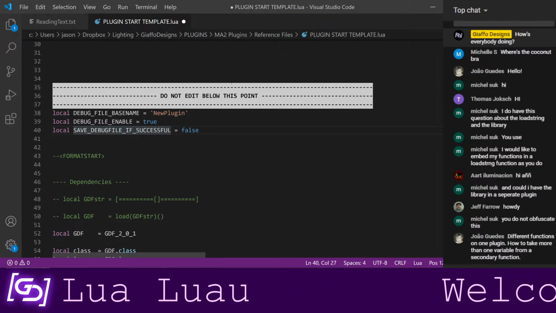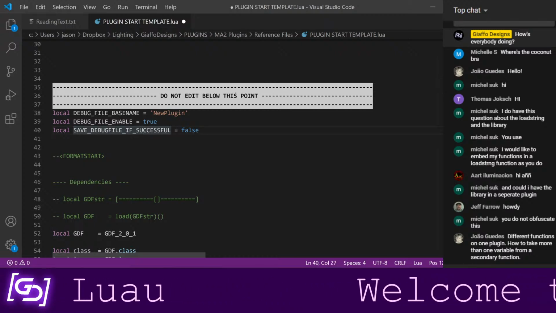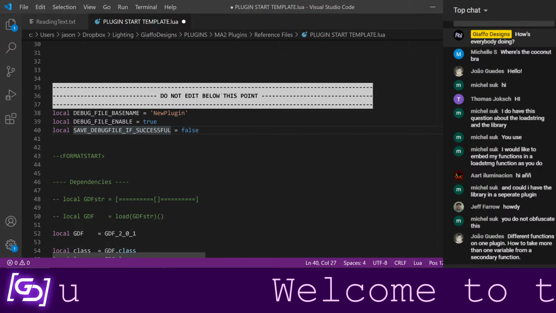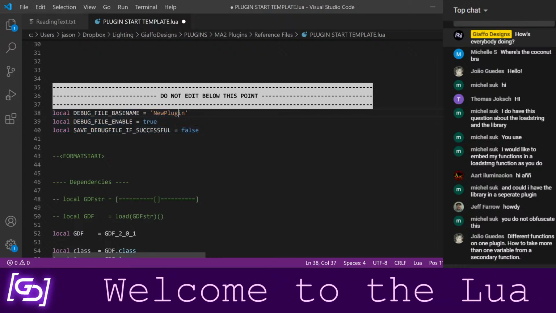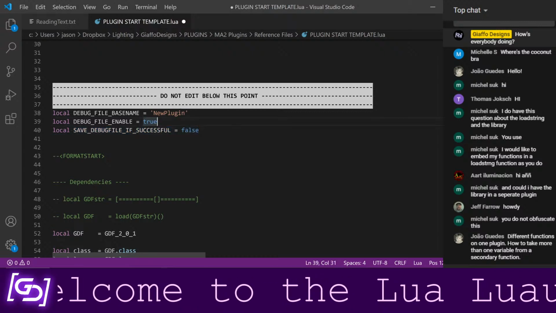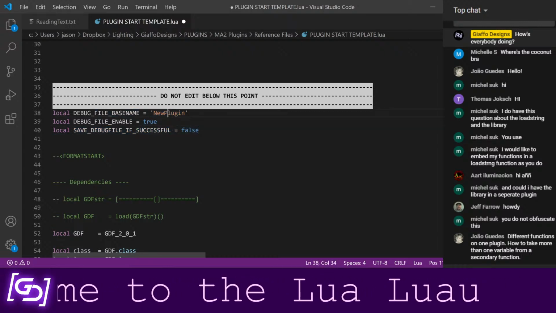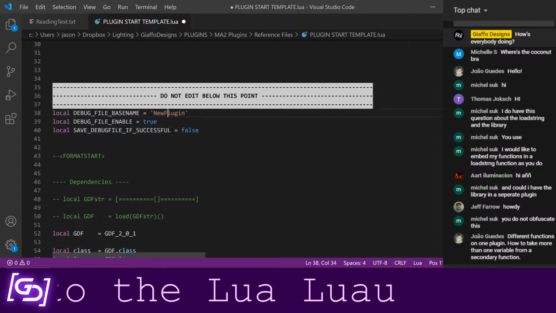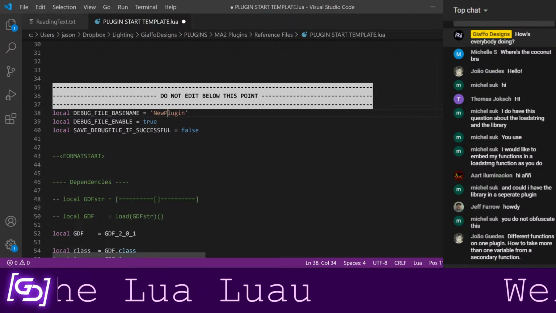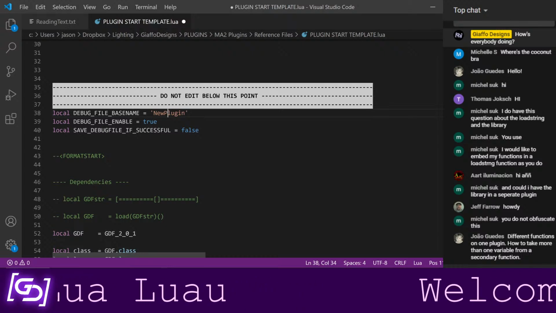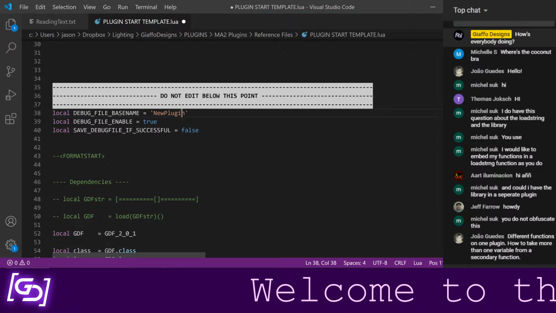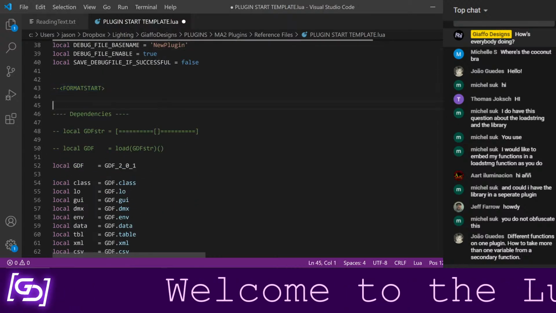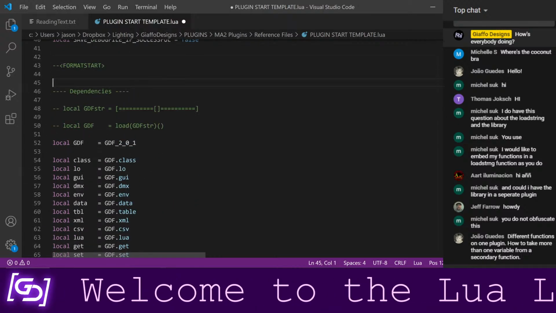And I'm going to explain why some of these things are getting colored the way they are. I've got some extensions running that have been super helpful recently. I'm going to skip over the debug file stuff. For more complex plugins, I'll have a text file generated that tracks all of the steps of the plugin. So if there's a crash that I'm having trouble pinpointing, I can figure out at exactly what step of a certain loop it happened. I'll explain that way later.